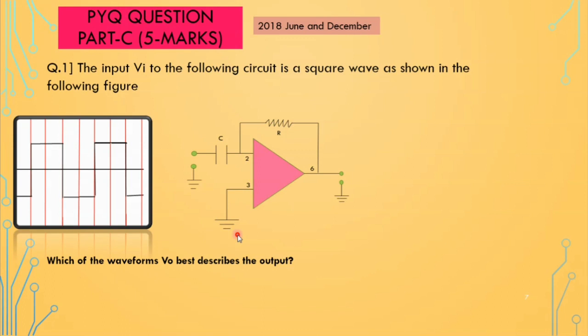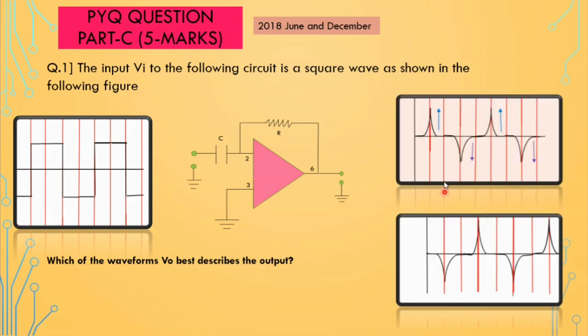But here we are just showing a correct option. We have given 2 options here, and one of them is correct. So here, what will happen? The wave is going in the upward direction. In simple differentiation we will get the Dirac delta in the upward direction. Similarly, here we are going downward, so we will get the downward direction. Here again upward, and here downward. So this is the waveform we get in simple differentiation.